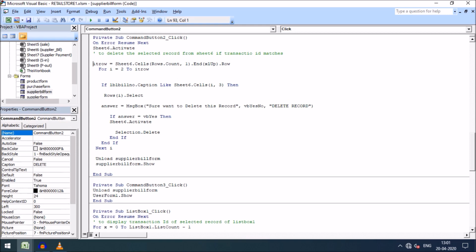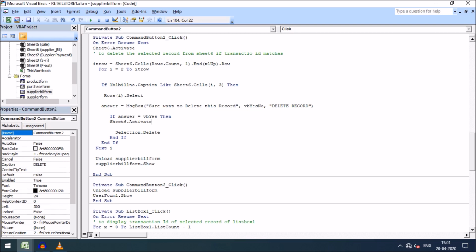You can see the total number of rows of sheet 6 has been counted, and the bill caption. Here I have the condition that if the bill number matches the bill number in the third column of sheet 6, then total rows will be selected, and a message box will be prompted that we are going to delete this bill.